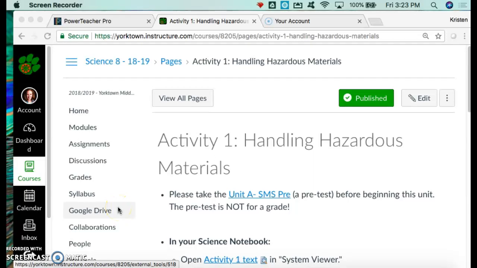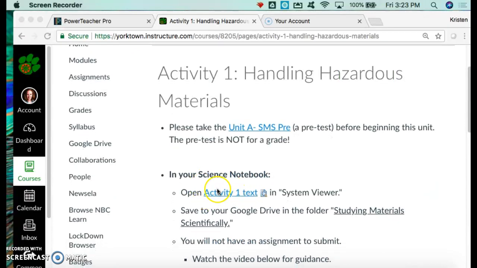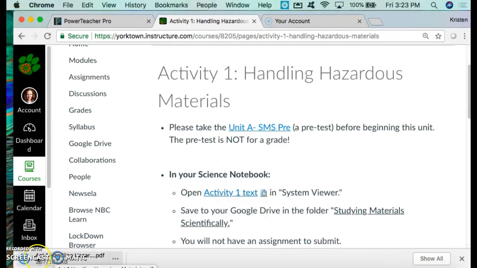After you have your science notebook set up, you can download things from Canvas. I'm going to practice with Activity 1. In your science notebook, open Activity 1 text. That's what it says. So when I click on Activity 1 text, it's going to download at the bottom of